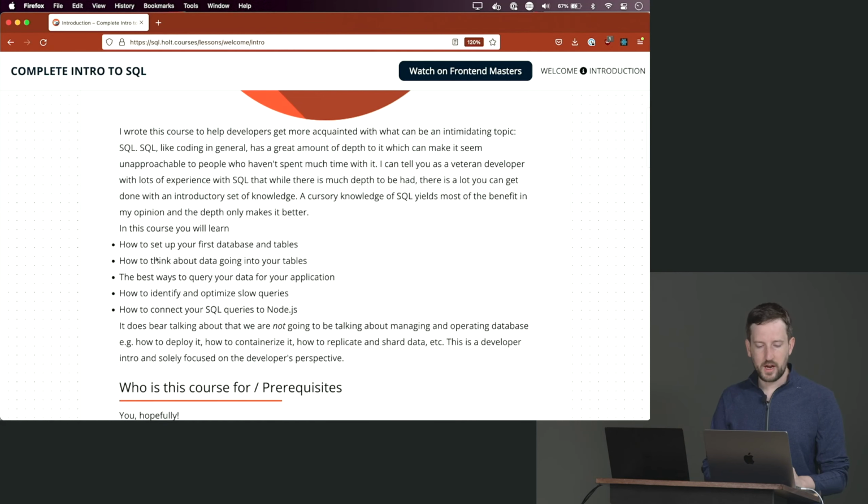So here are some examples of things you're going to learn: how to set up databases and tables, what's going to go into your tables. We're going to write just the smallest bit of Node.js today, because I wanted to get your hands on code querying a database. If you don't know Node, that's fine. You can just follow along. Those kinds of things.